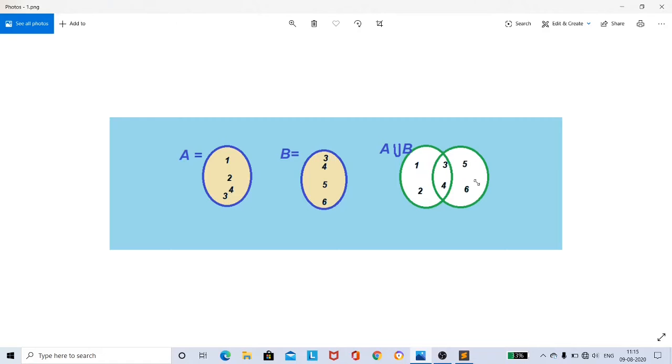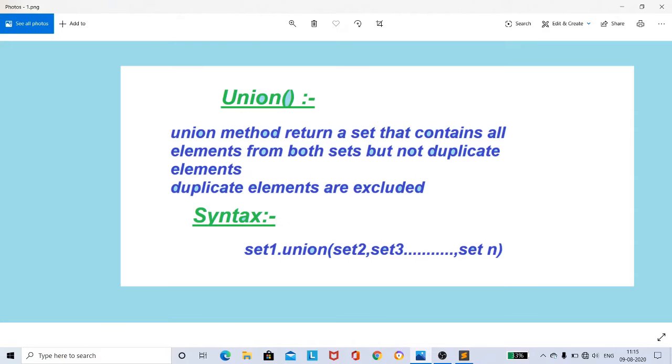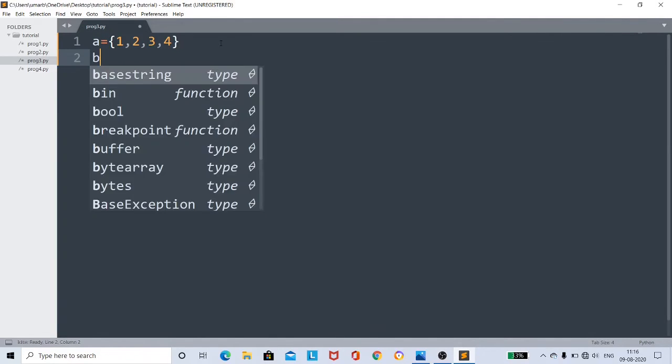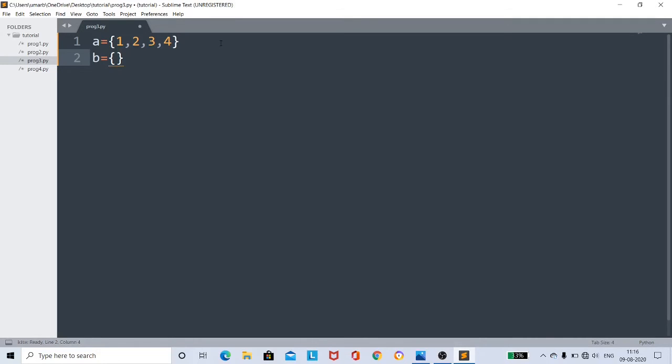This is the union method. I'll show you how to implement the union method in Python. See the syntax: set dot union, and in the round brackets we have to give set1, set2 up to setn. We have the choice to give as many sets as we want. Back to Sublime, I'll show you an example here. This is my set A with values 1, 2, 3, 4 and set B has values 3, 4, 5, 6.